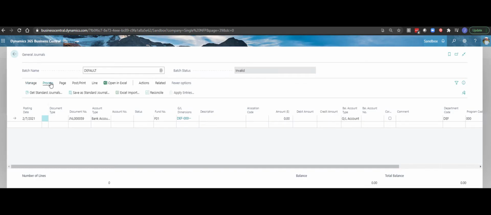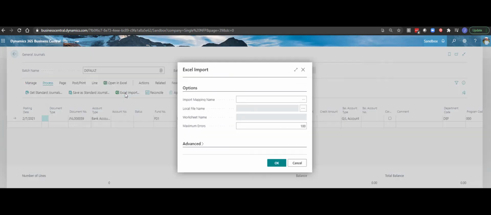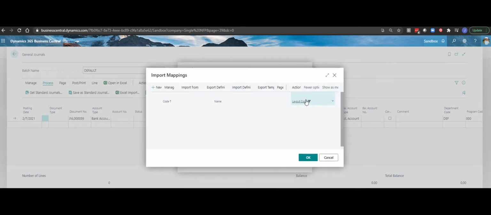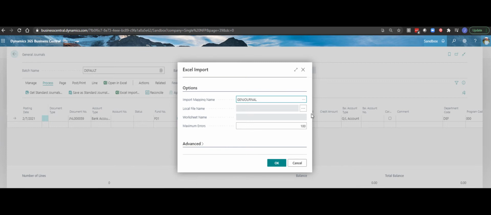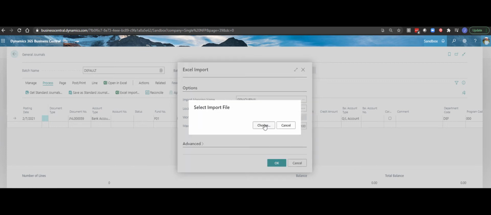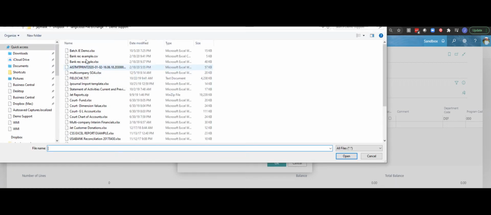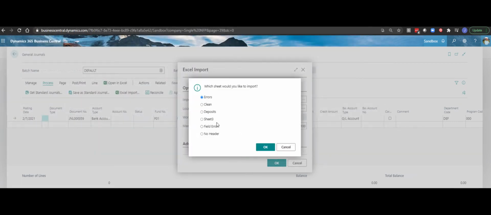I'm going to go ahead and select ExcelImport. Pick the mapping that we had pre-built. We'll show you this in a little bit. Select the workbook, Batch JE Demo. And the first thing I'm going to do is reference the errors sheet inside that workbook where